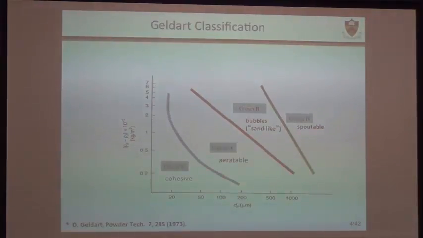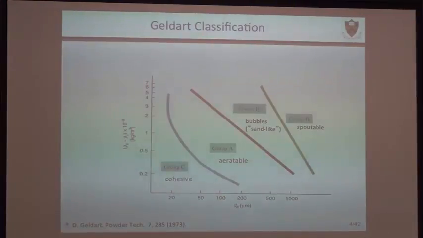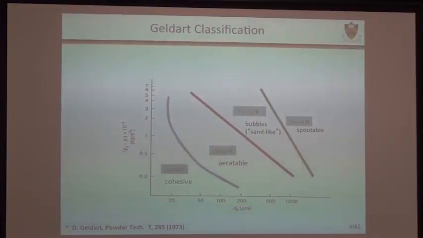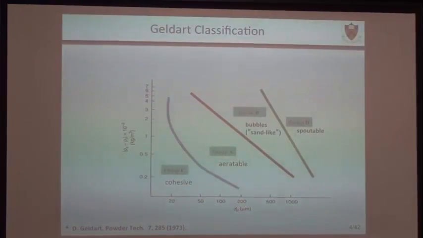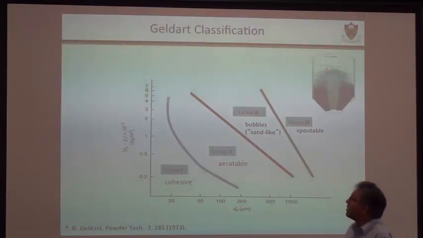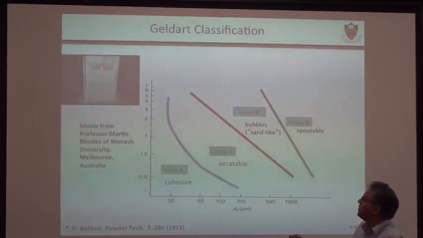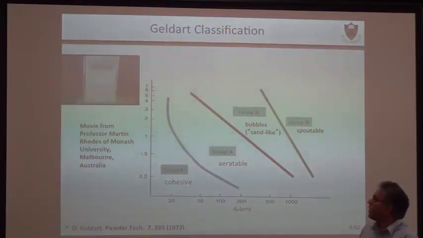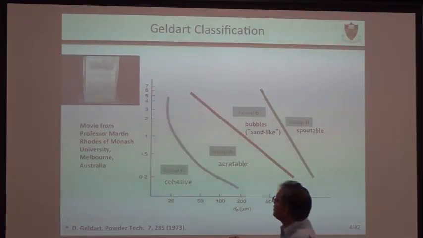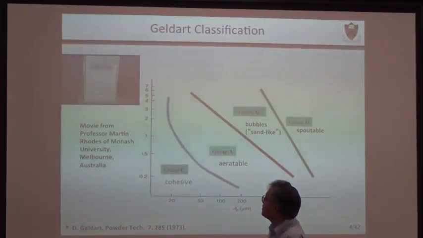If you look at what kind of particles people use in industry, in the classic paper by Geldart, he classified the particles into four groups. He called them group C, A, B, D. C's are very cohesive particles, and then you have some particles in between, and these particles are very difficult. So if you take a cohesive particle and try to fluidize it, it's very hard to fluidize. It won't expand. You keep looking at it. After a while, the bed will break up into pieces.